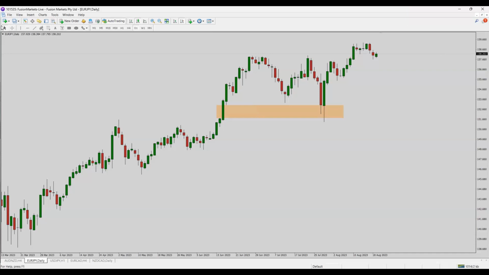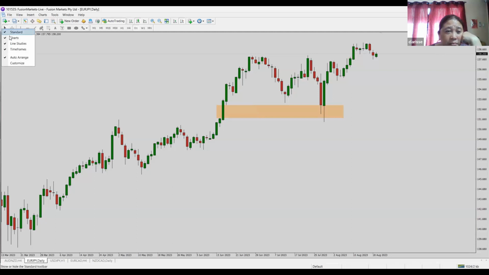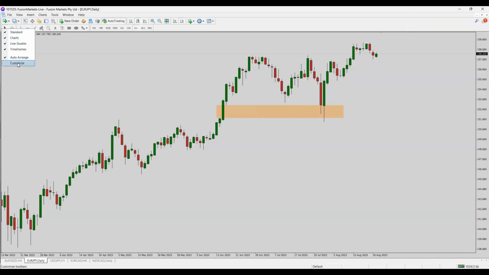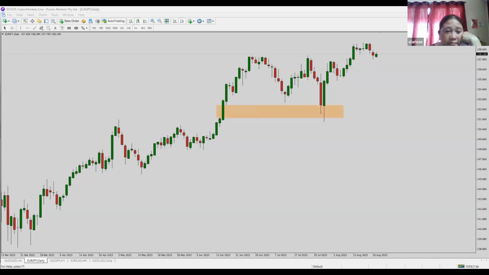You put your cursor. Can you see there's some black hairline on this arrow key to the left? Yes. Put your cursor there. You right click one time. And then you say customize. Once you click customize, you have a left panel which shows available, and on the right panel, selected. Now, by default, this rectangle box was actually located on the left. So if it's on the left, you will not be able to see it on the screen. You can see now it disappears.